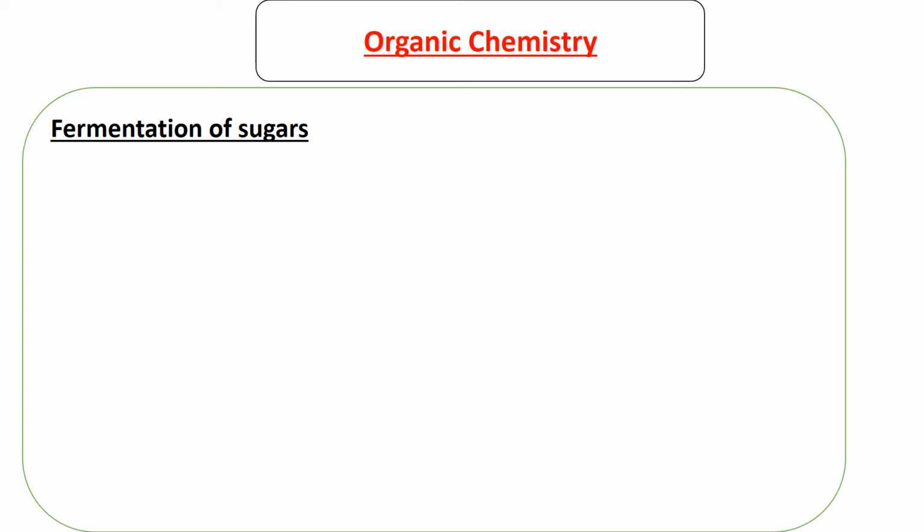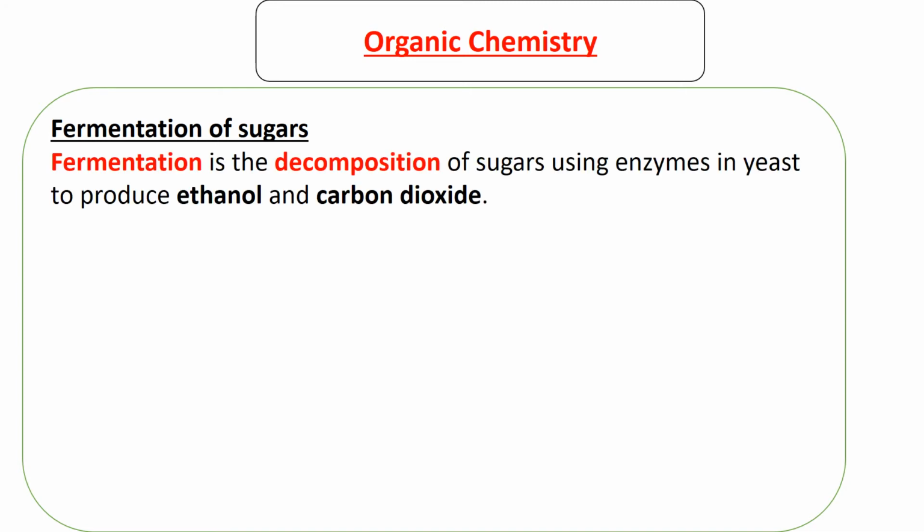The other method is fermentation of sugars. So this is something that we should be familiar with. Those who bake should be familiar with it. Fermentation is just a decomposition of sugars using enzymes in yeast to produce ethanol and carbon dioxide. So this is the same process that the baking of vitumbua